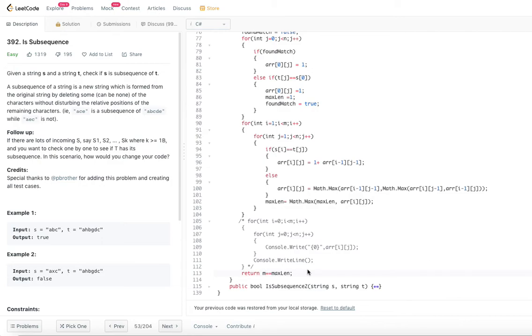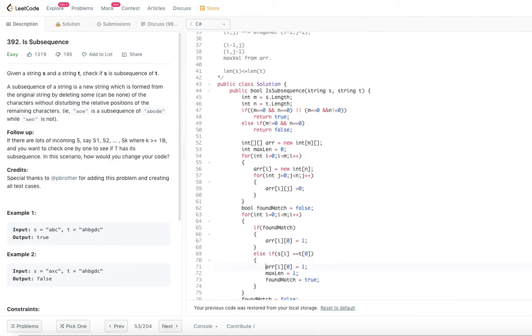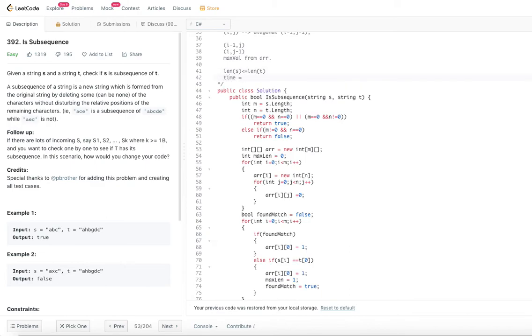So, let us go ahead and look at the time and space complexity for this particular approach also. Here we are saying the length of s is m and the length of t is n. So, the time complexity: we are going through this complete matrix to fill all zeros, so it will take order of mn, where m is the length of s and n is the length of t. And then we are going to fill the first row, which will take order of n, and the first column will take order of m.